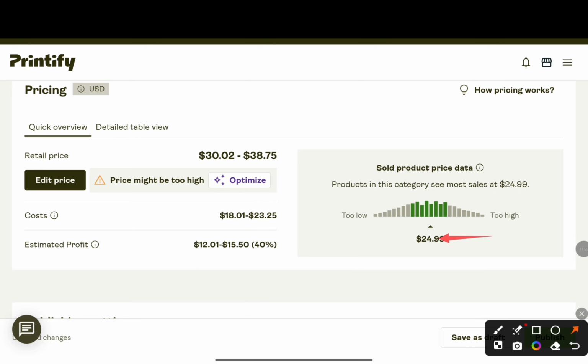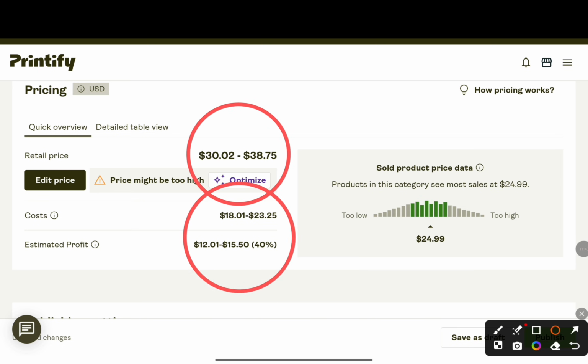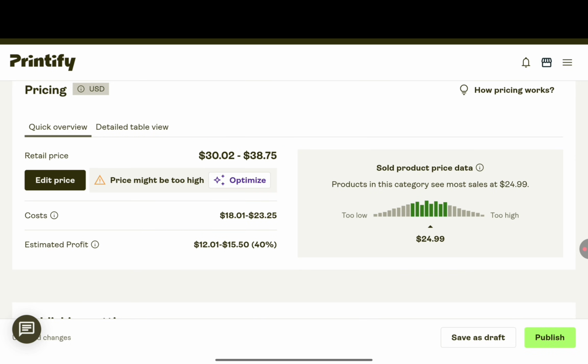I don't really understand exactly what calculation they did here, because they did not give us a breakdown, right? But over here they're saying that if we were to sell this at this price, then the estimated profit is going to be this, right? That's the one at the bottom, not the one at the top. That's the estimated profit per clothing item that we sell.